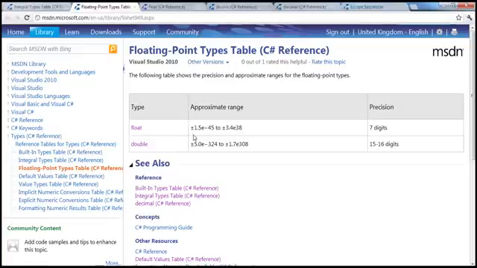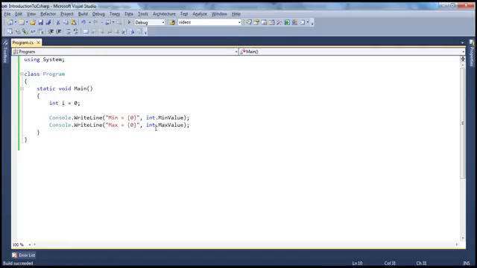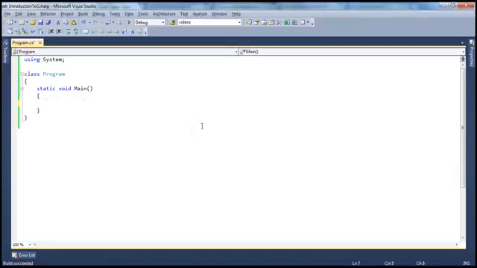So if you want a precision value, then you can make use of that. For example, double d equals 1.23, some decimal places I want, and I can do that. And if you just print that number,